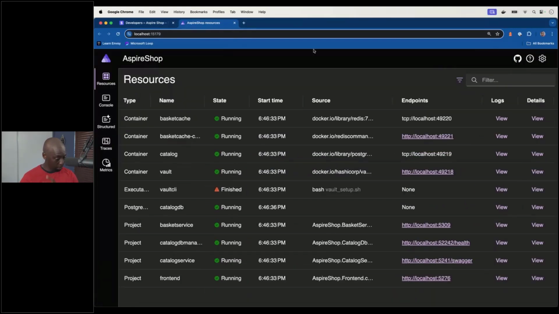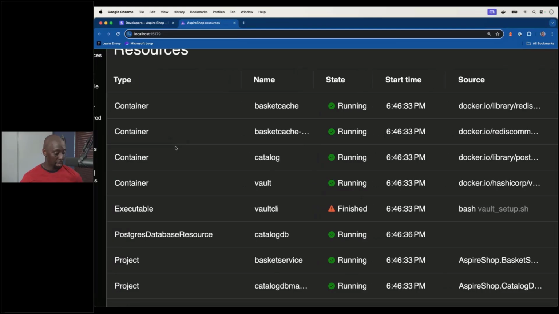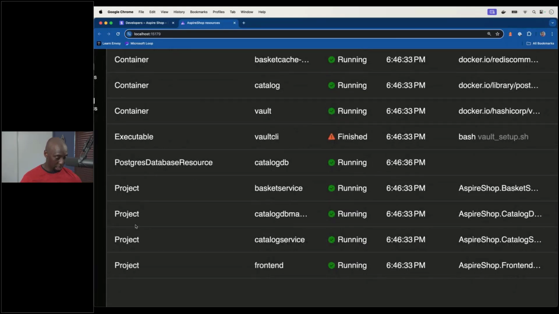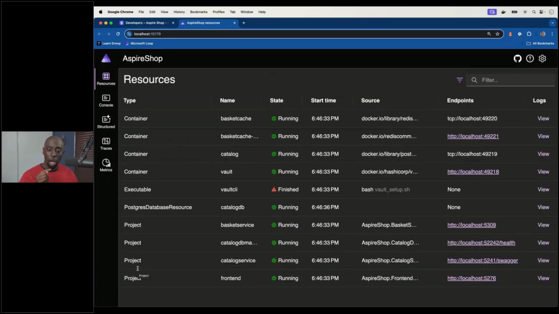All right. Now, as you can see, there's way more components in here than the last one. There's more things inside of my application. If we just look here on the left side, starting out really quickly, I have a couple of containers, I have an executable, there's a database in here, and I have 4 projects. There's a lot more things running. But I want you to realize how quickly I hit run and all these things started. I didn't start it before the talk. I didn't have it pre-warmed up. I just hit it, and now I have all these things running, and they're up and ready to go. I've pulled down a few different containers.